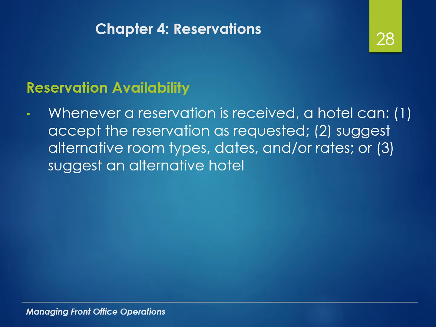Okay. One of the other good things about the third option is we can either recommend another hotel. That other hotel can be our next door neighbor. It could also be a situation like we're going to go to the Spring Hill Suites and Fairfield Inn and Suites. And so they're a dual property, meaning if Spring Hill is sold out, but I have rooms at the Fairfield, I can recommend that. But at the same time, it's still the same company, so I'm still going to maintain and keep that guest.